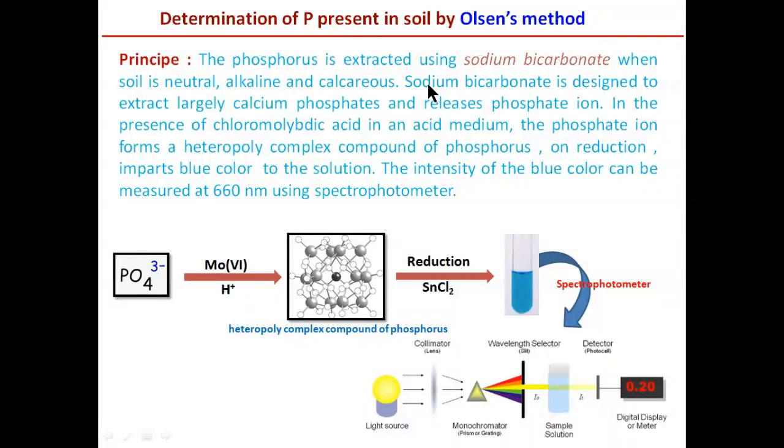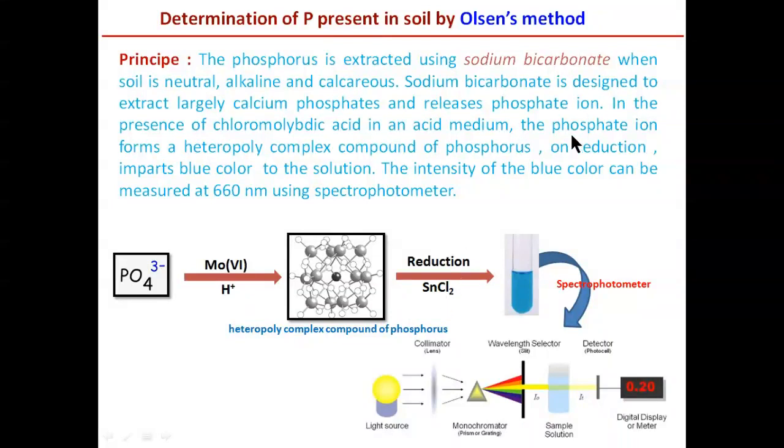Sodium bicarbonate is designed to extract largely calcium phosphates and releases phosphate ions into the solution. Once we have phosphate ions in the solution, in the presence of chloromolybdic acid, the phosphate ions form a heteropoly complex of phosphorus,